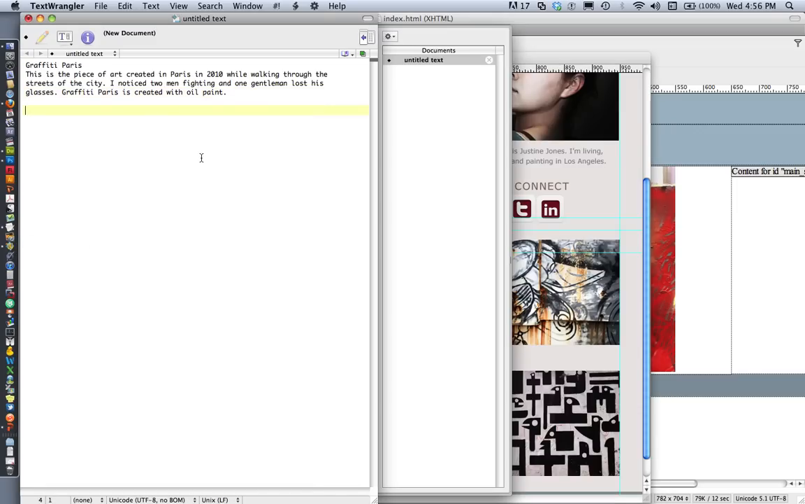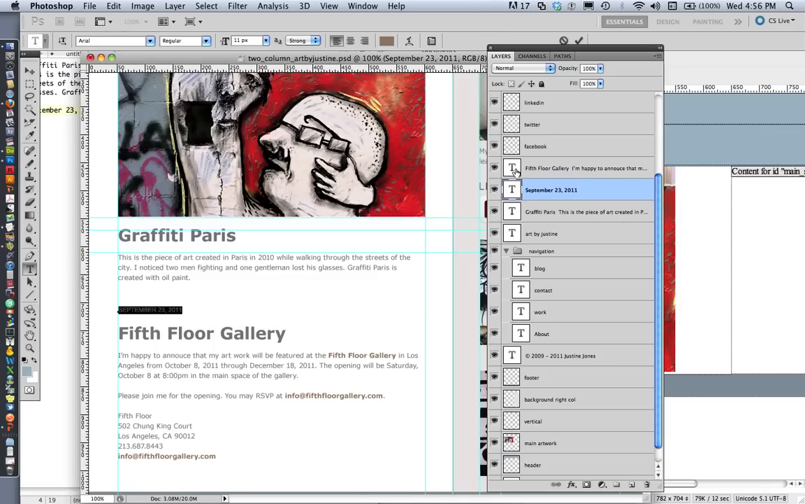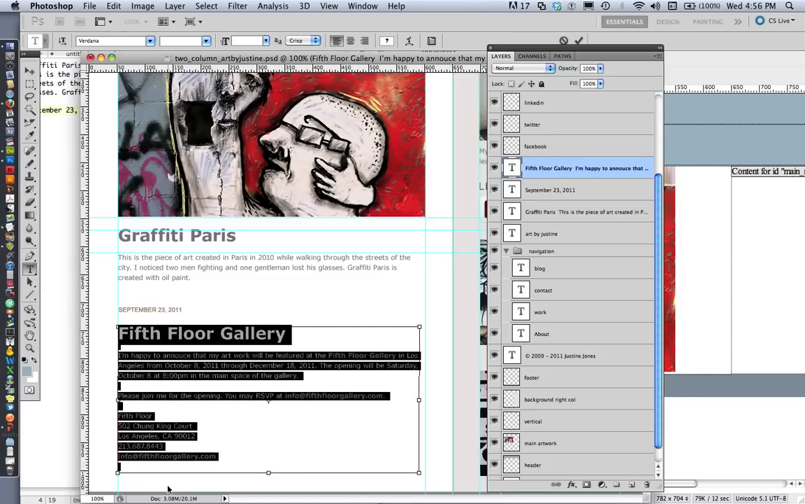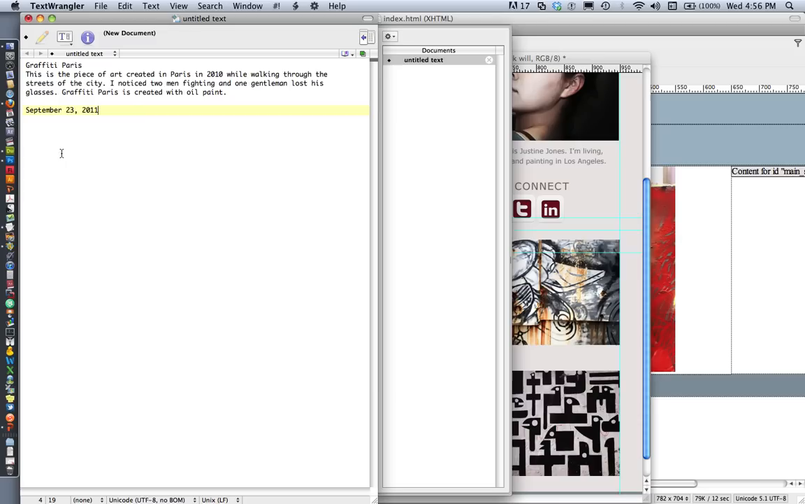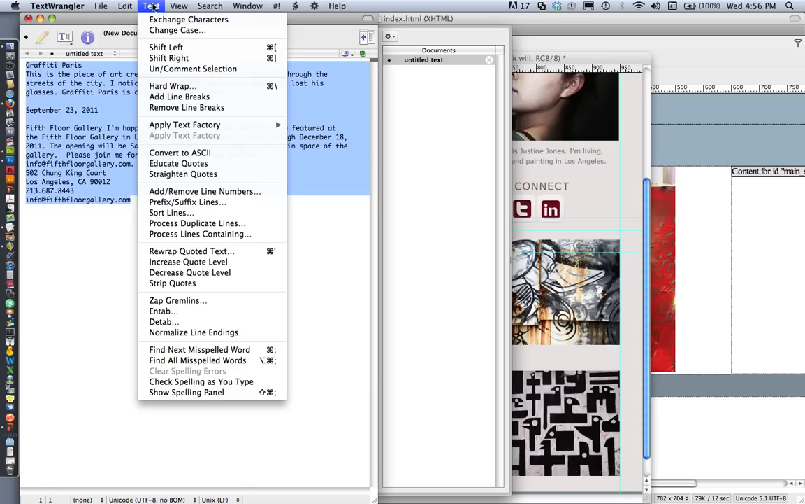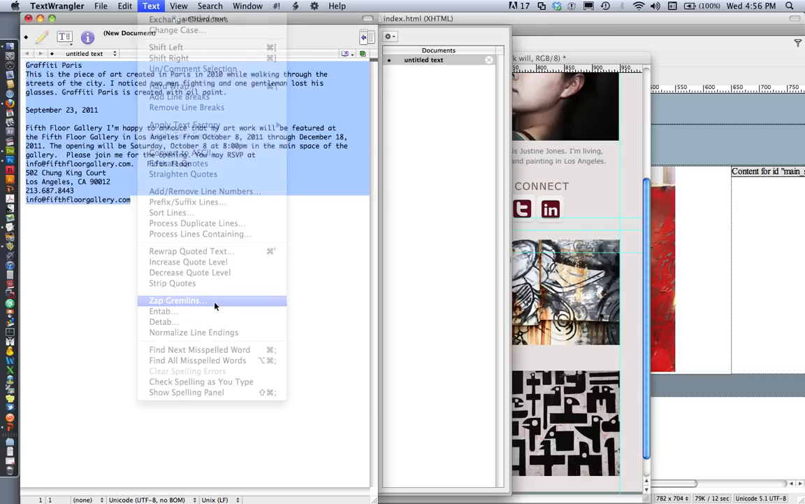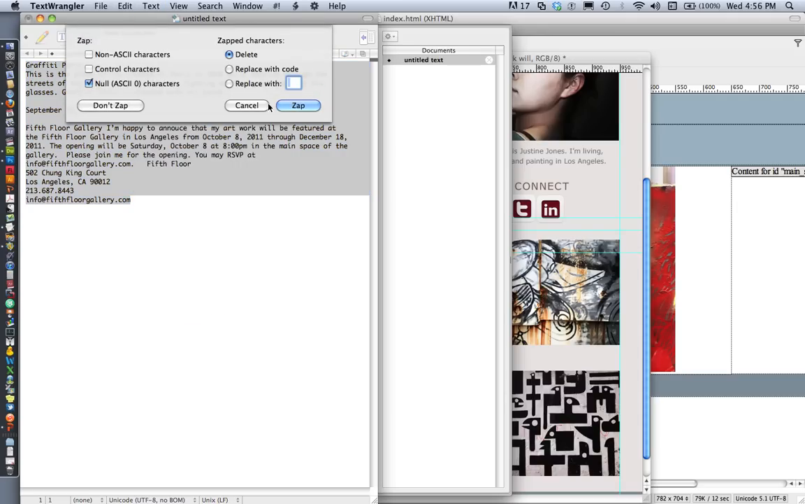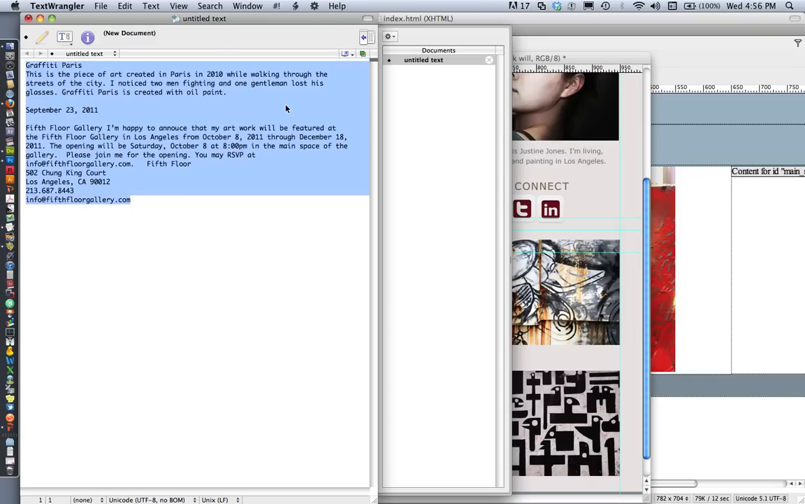And again, hopefully you've got your text in a separate, maybe Word document. Now, with a Word document, that's another case where it would be helpful to go in and sort of zap your gremlins, as TextEdit or Text Wrangler calls it. Okay, so here's my text. So I'm going to copy that,